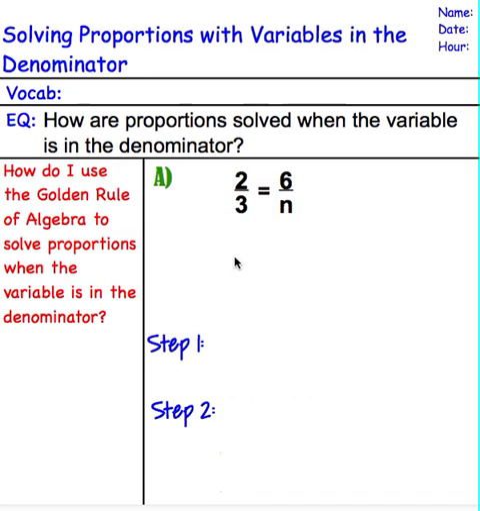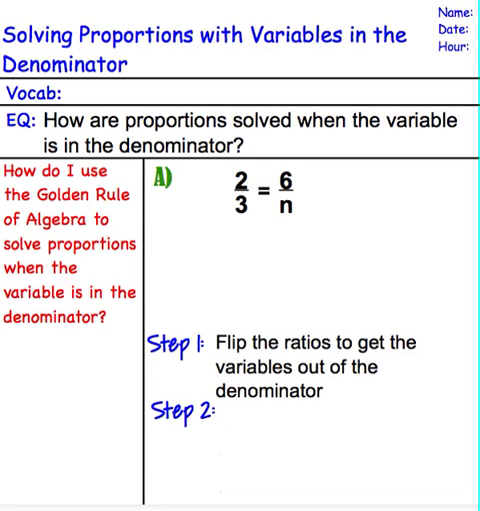Return to solving proportions, but now today the variables are going to be in the denominator. The nice part is that there's not a whole lot different that we're going to be working on. In fact, the first step for today is going to flip the ratios to get the variables out of the denominator. No matter whether we rotate this or flip this, it's still going to equal the same thing. So we're going to go ahead and flip our ratios, and that will end up giving us 3